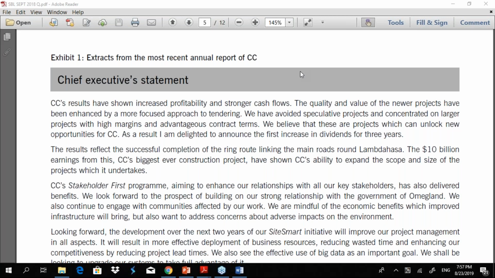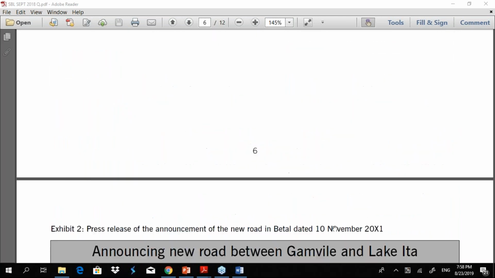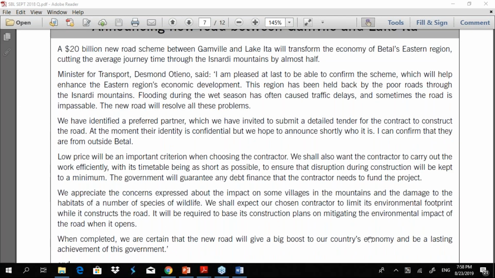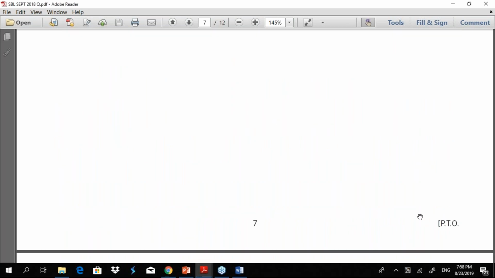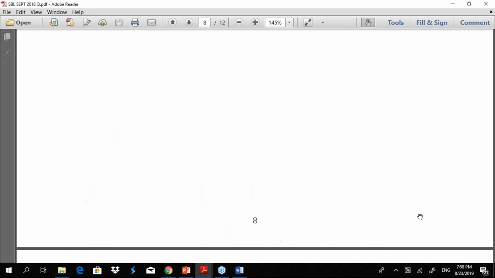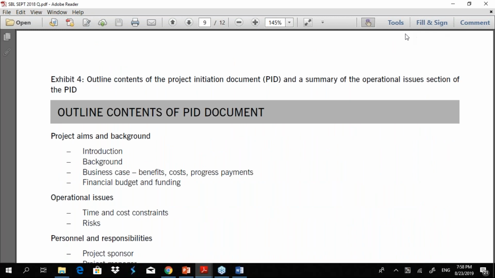Right, exhibit 4. It's clearly given, and it says outline contents of the PID and a summary of operational issues section of the PID.